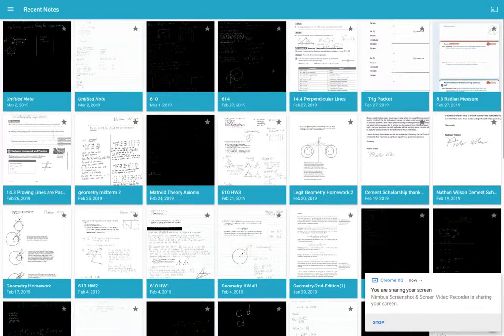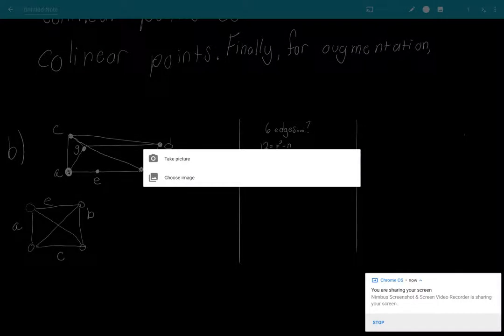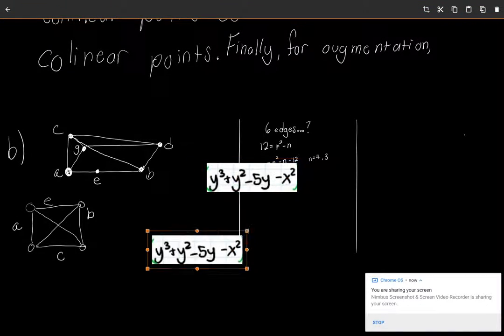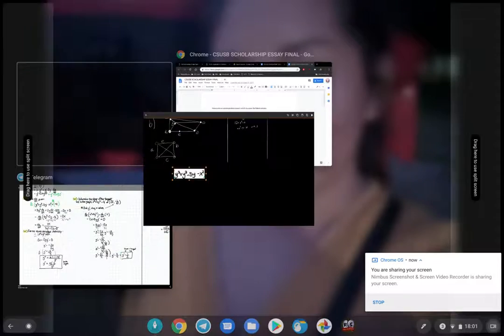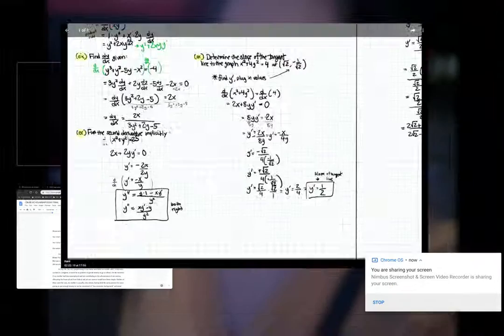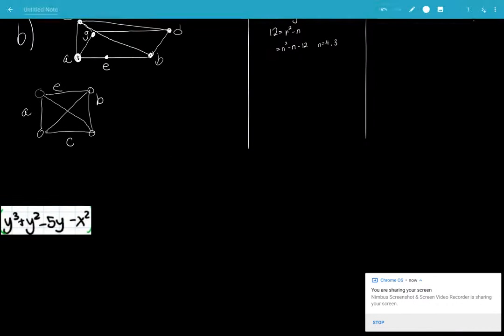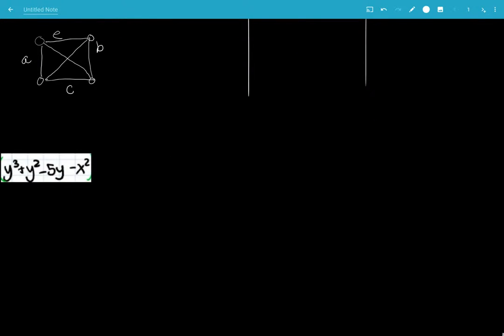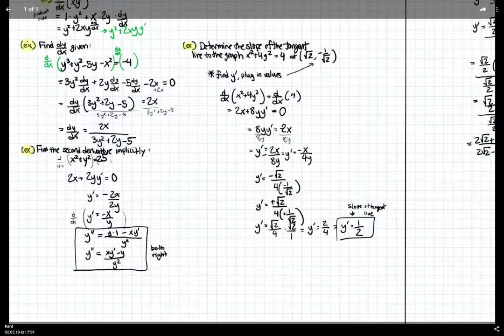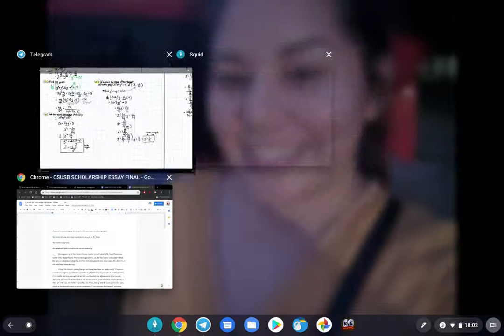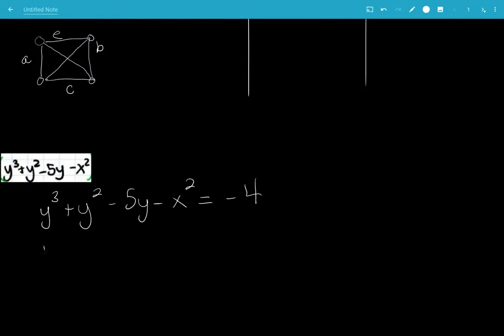Yeah, so that's actually going to be an easy one. Let's say we had, let's get that in there. So, what did it equal? -4. Okay. So you start out with y cubed plus y squared minus 5y minus x squared equals -4. Was that it? -4? Yeah, -4. Okay, sweet. So with implicit differentiation, you're sort of keeping this extra